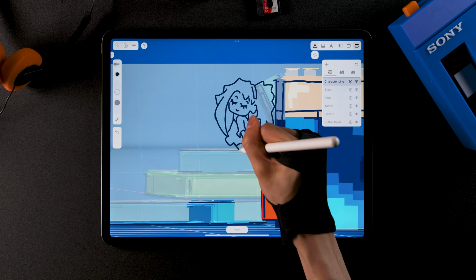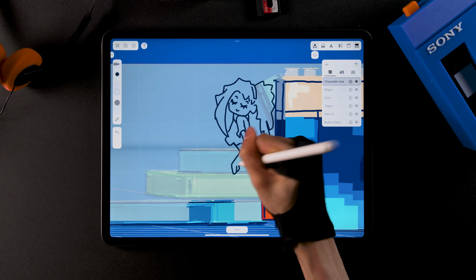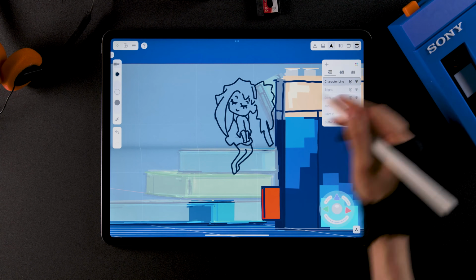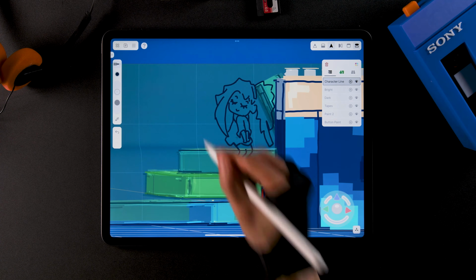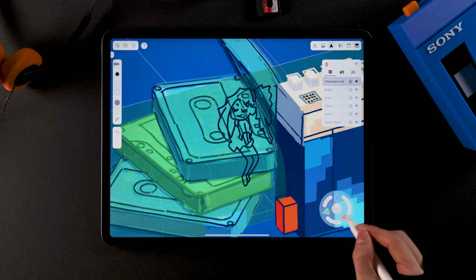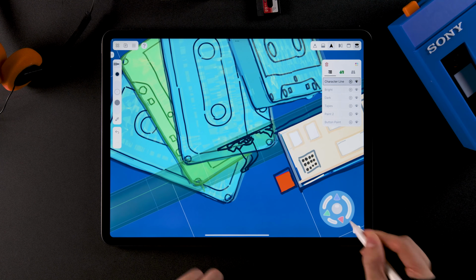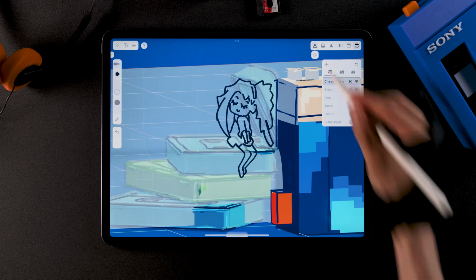You may already know this, but 3D guides can also be selected. Tap the select tool and then press and hold the 3D guide. When it turns green, it's selected. You can move or rotate the 3D guide with the joystick just like other elements. I'll use the joystick to move it slightly backward.